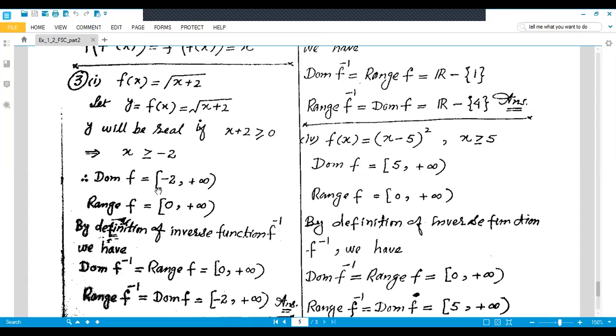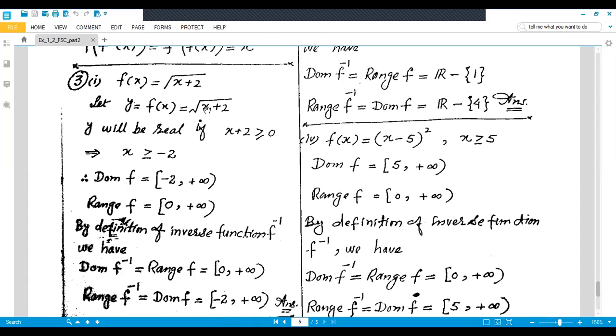Look, this is the square bracket, which shows that minus 2 is included in the domain, and this is a parenthesis, or open bracket. It means up to plus infinity, not exactly a number, but any number up to the positive side. And the range will be what? Look,